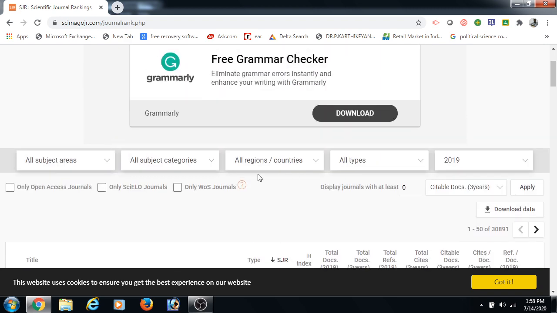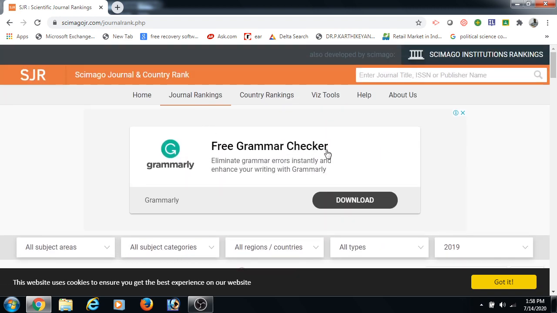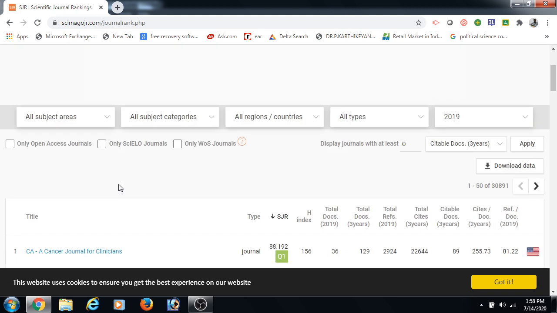Looking at the top of the journal ranking page, you can see all subject areas. With all subject areas, the total number of journals is 30,891. If you click this button, you can download the entire list of journals listed under scimagojr.com.